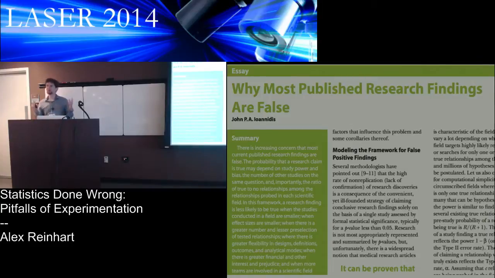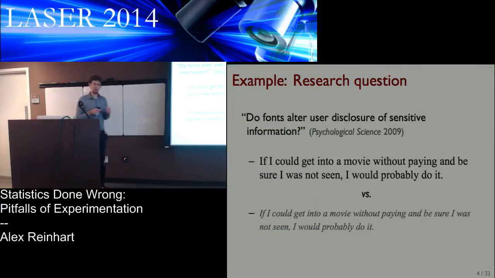So I think the best way to illustrate how people do the significance testing wrong is to give an example of one particular published research finding which is false. So some of you may remember this from last year. There was a paper presented that was trying to replicate this result. So in Psychological Science in 2009, there was a paper which asked the question, do fonts alter disclosure of sensitive